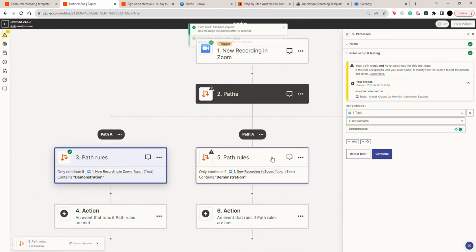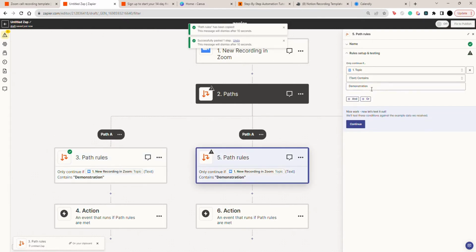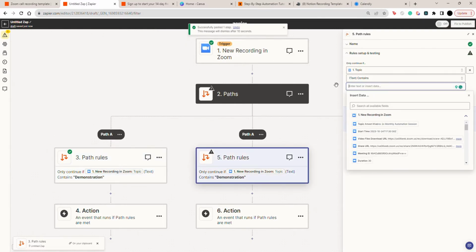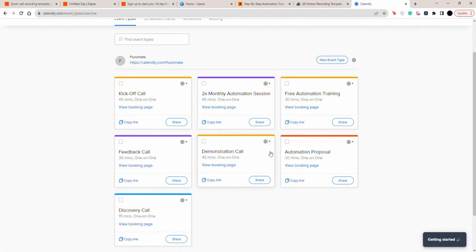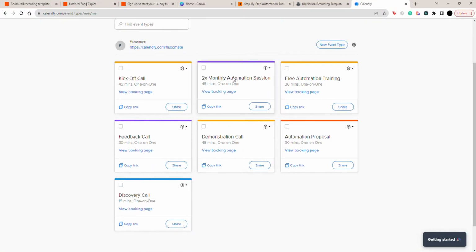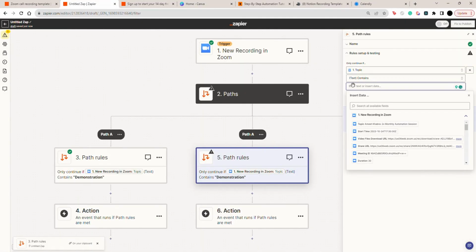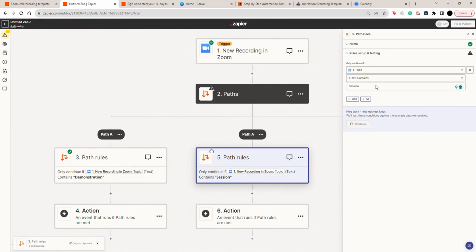However, instead of demonstration, we want to change it to the next thing. So for this one, just for the example, we can do it for our weekly automation sessions. Now, if you go back to Calendly, you'll see all of my automation sessions have automation session in it. So the keyword we're going to use right here is session. Now, every single Zoom call recording that comes in that has the word session is going to go down this